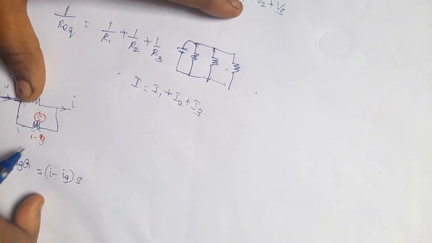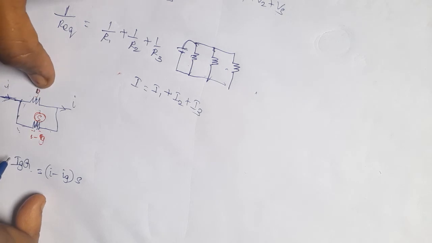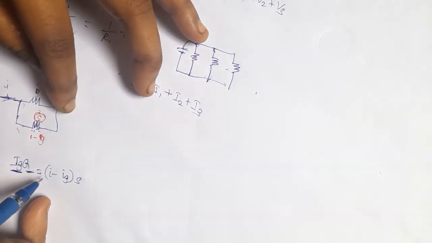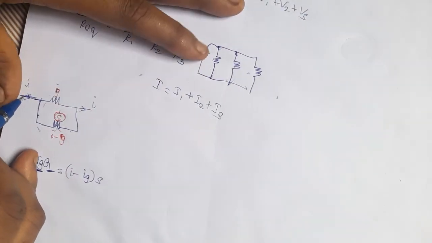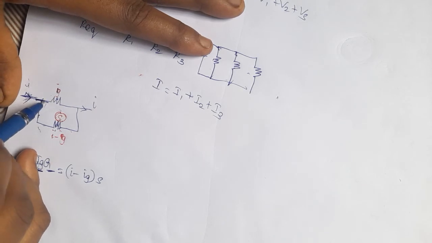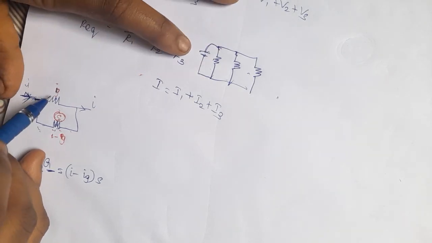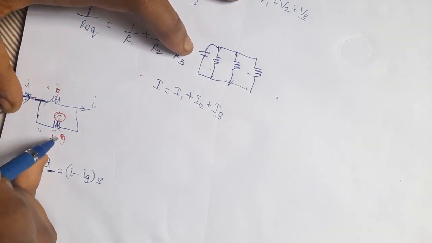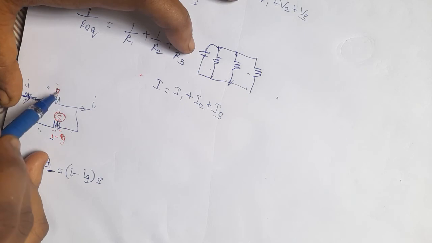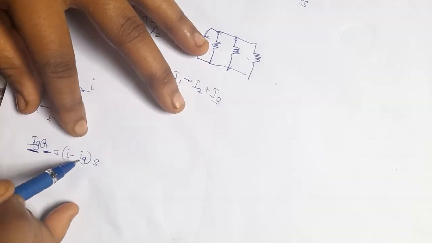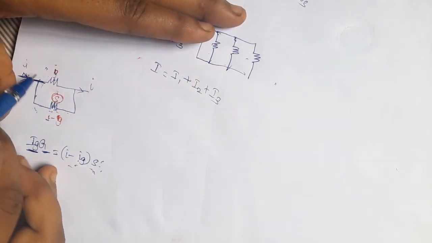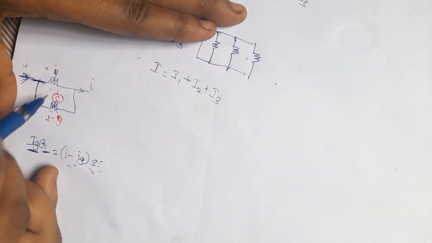What does it mean? Voltage is nothing but IR. So this is IG, and here your resistance is going to be G. I am indicating this as G, and this is the normal I value, and this I will vary for the parallel connection. So here it goes I, and the remaining is I minus IG. This is the total I, and we are subtracting this IG value. So here I have IR, where this R is nothing but the shunt resistance. Okay, so we are adding shunt resistance in a parallel connection, then we are getting an ammeter.